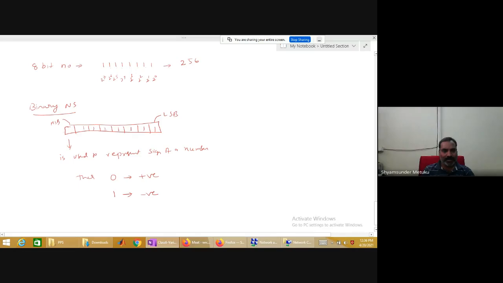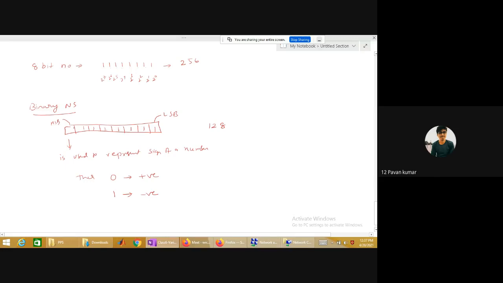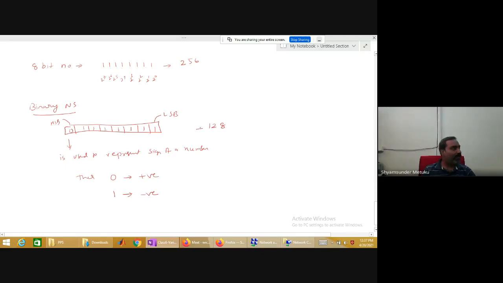This I cannot use because this is useful for what? To represent the sign of a number. So if that is the case, only 7 bits are available. What is the maximum value I can represent with 7 bits? Is it not 128? If 0 is written here, it is plus 128.